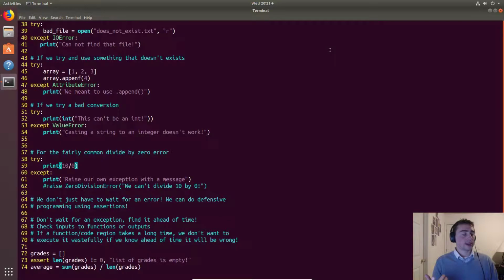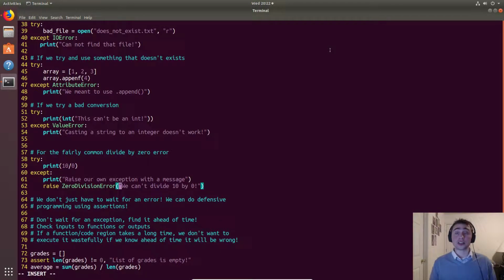Now let's think about this division by 0 error specifically for a moment. We may run into a situation where instead of just going past and accepting it, going into an except block and not crashing the program, maybe this is something where we really want to end the program. So we can manually raise an exception by using this raise keyword. So this raise, the specific type of error. So in this case, we'll raise a ZeroDivisionError.